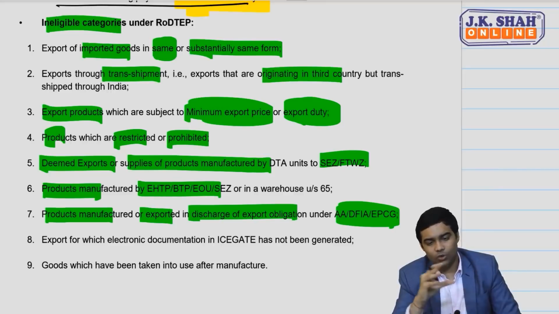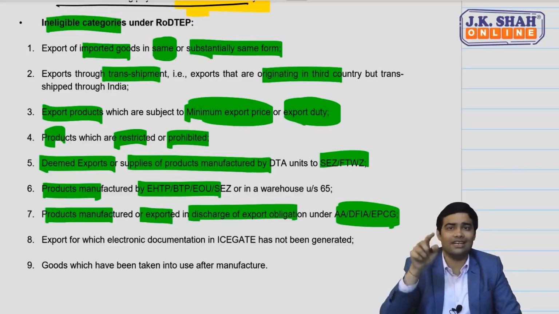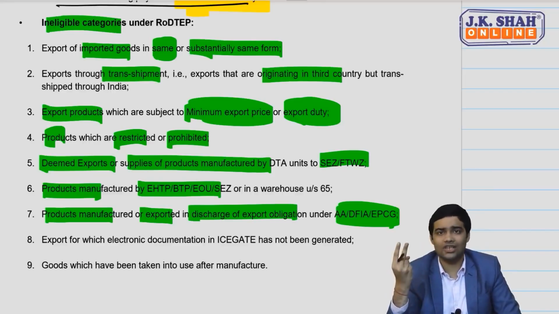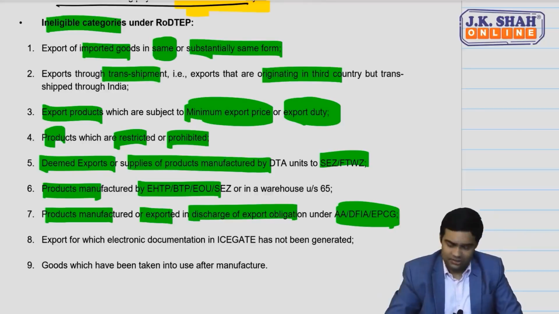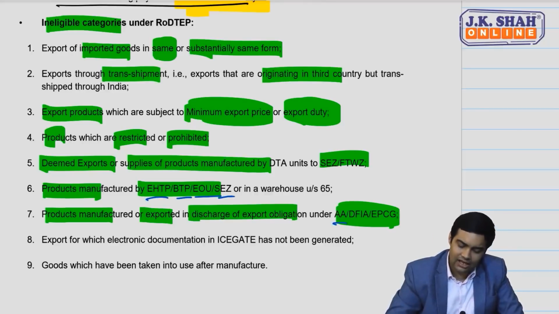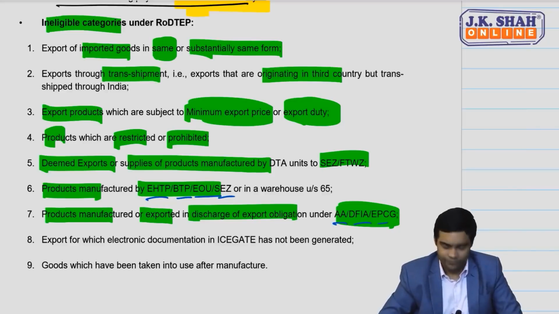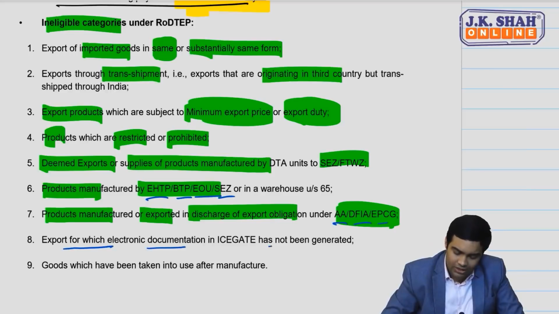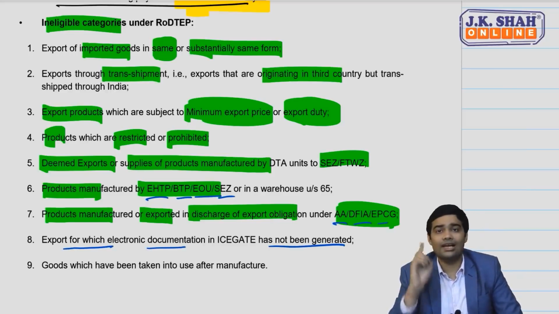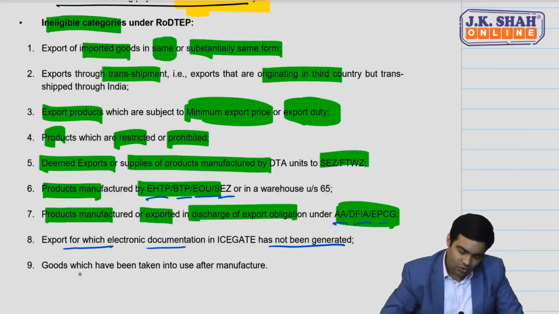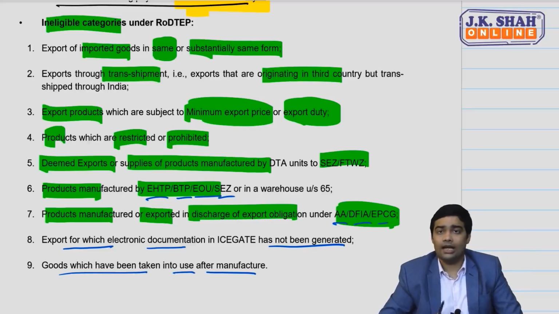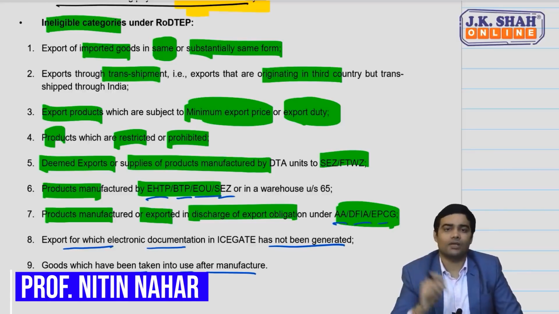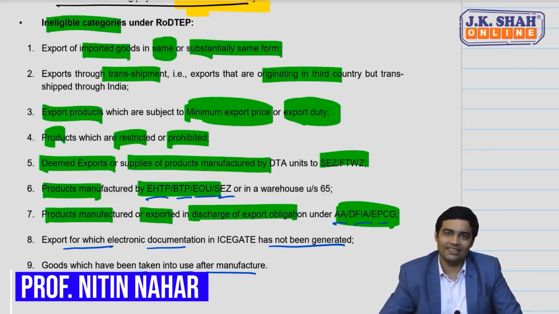If you are making exports for discharging export obligation, you have already taken the benefit under these schemes, that is Advance Authorization, EPCG, you will not get benefit here. So anyone who has got a benefit earlier will not enjoy this, like EOU, EHTP, BTP, SEZ, Advance Authorization holder, DFIA, EPCG holder. Export for which electronic documentation has not been generated on ICEGATE. Only electronic documentation will be eligible. And finally, goods which have been taken into use after manufacture. Used goods will not be eligible for RODTEP. Important, don't forget to read this very carefully. Clear? Yes. With this, we come to an end of